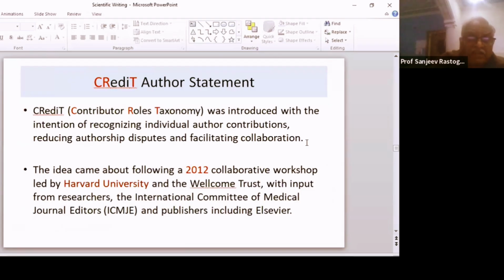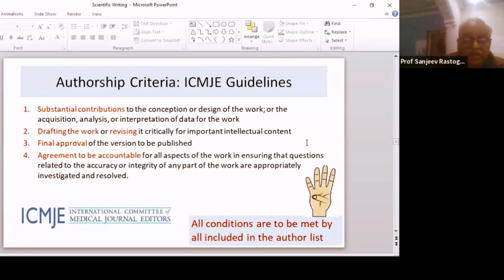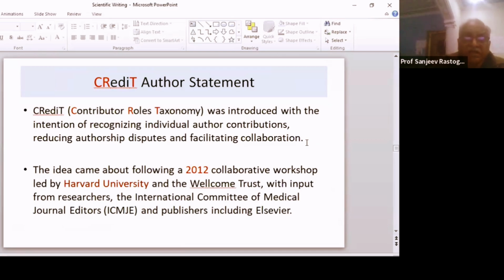Just to comply with what we have already talked about, these 4 criteria should be fulfilled by every author. Clarification is given by the CRediT author statement, which identifies what role has been played by a particular author. If you are listing 5 authors or 10 authors in your manuscript, every author should be identified by what their role was, what they have actually done